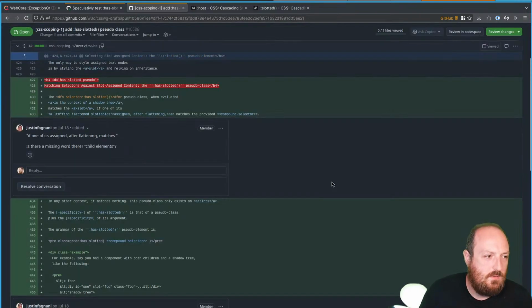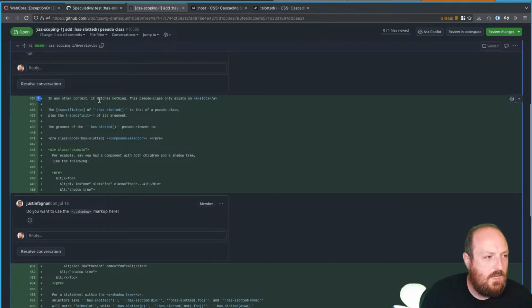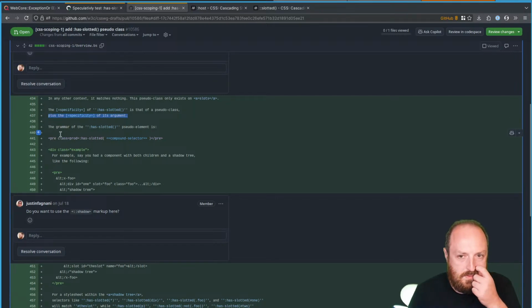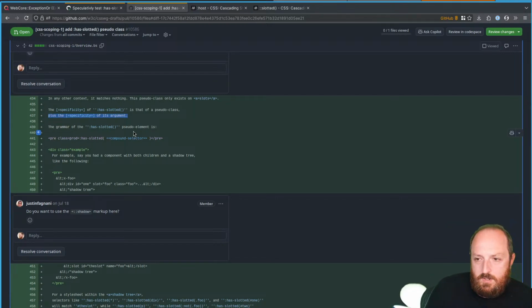Look at this. We're doing spec and C++. We're living on the edge. "In any other context, it matches nothing." The pseudo-class only exists on slots. The specificity of has-slotted is that of a pseudo-class, so we don't really need to do anything there. Plus the specificity of its argument, we may actually need to do something here. I'll figure that out for another day,